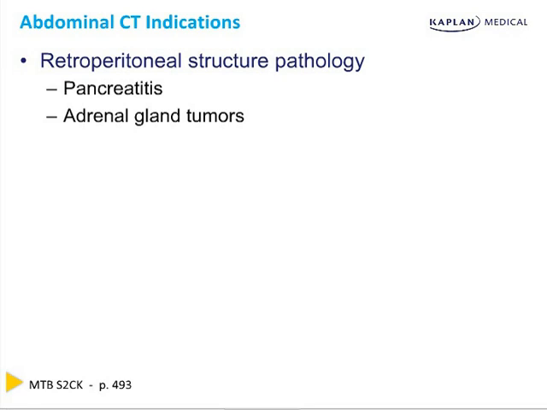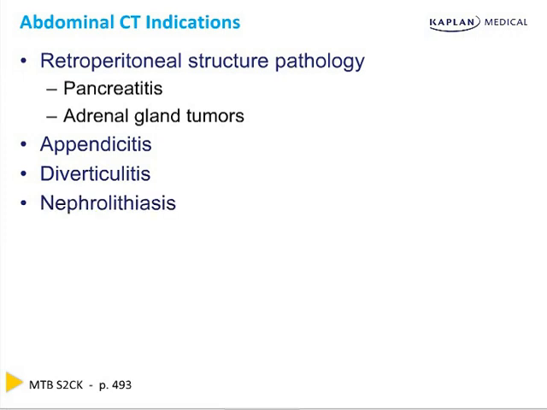CT is also the best test to evaluate for intraperitoneal inflammation, so if a patient presents with right lower quadrant pain or left lower quadrant pain, consistent with appendicitis or diverticulitis respectively, the workup should include a CT scan. And while kidney stones can sometimes be diagnosed via ultrasound, or even on plain films, the test of choice on your Step 2 CK exam for nephrolithiasis is a CT as well, and is indicated in any patient presenting with